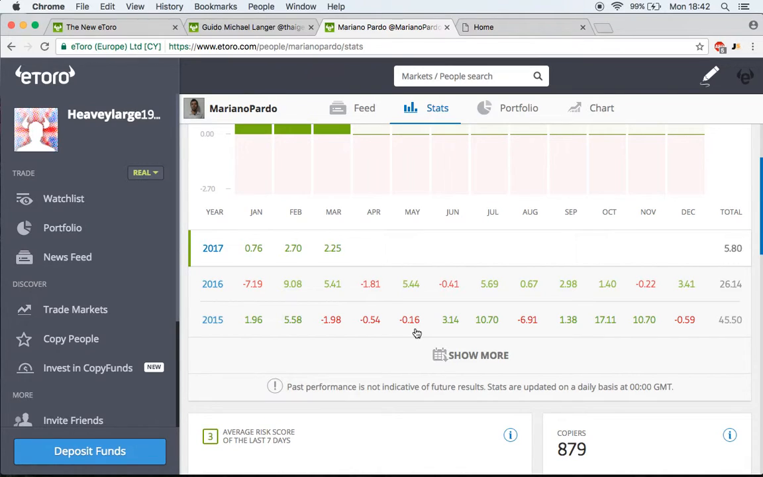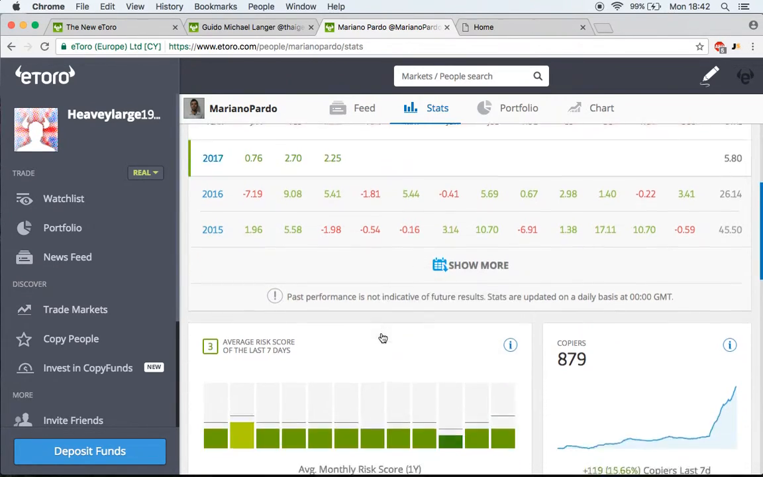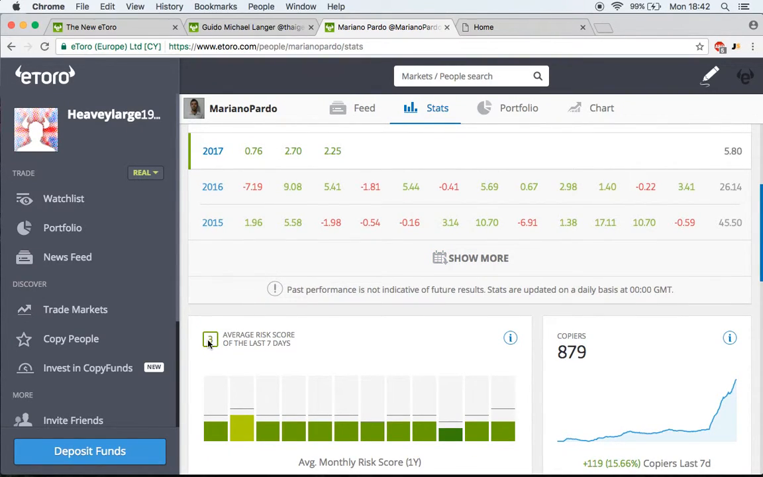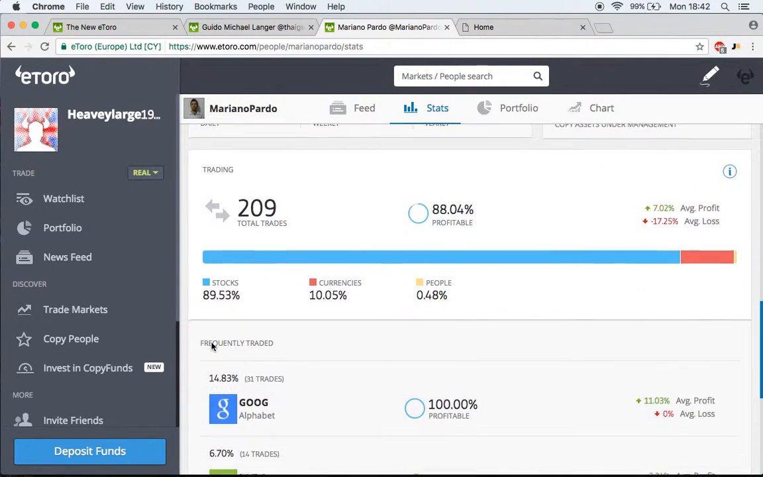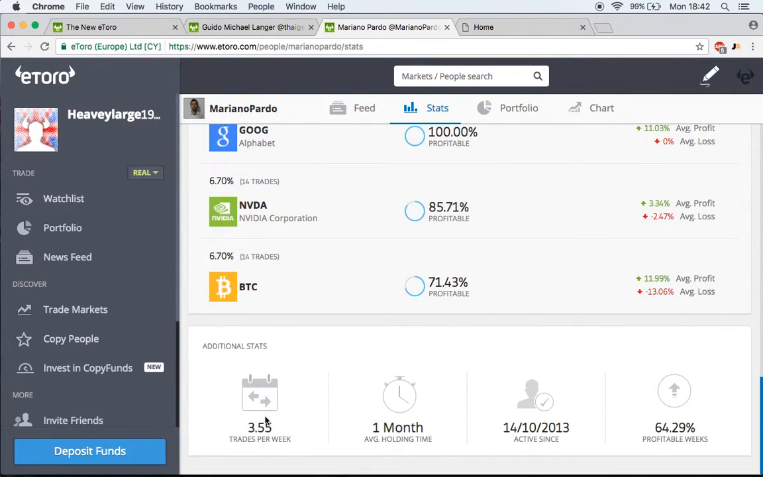So once again, he's passed this category. He looks very impressive. As we scroll down, just to confirm that he fits the category, he has an average risk score of 3, which is in fact below our max number of 4, and therefore another good sign. If you scroll down, you can see the next thing we're going to look at is the number of trades